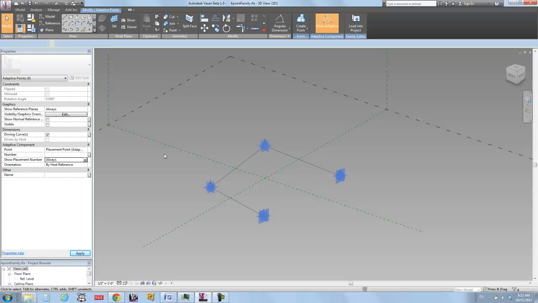And after you do that, you'll see that it gets numbered. Now what this numbering scheme indicates is, basically, I'm going to take this family and load it in, and rather than just placing one point to place it, it's going to go 1, 2, 3, 4 to allow me to place this skeleton in any particular way that I want. And as with any loaded family,